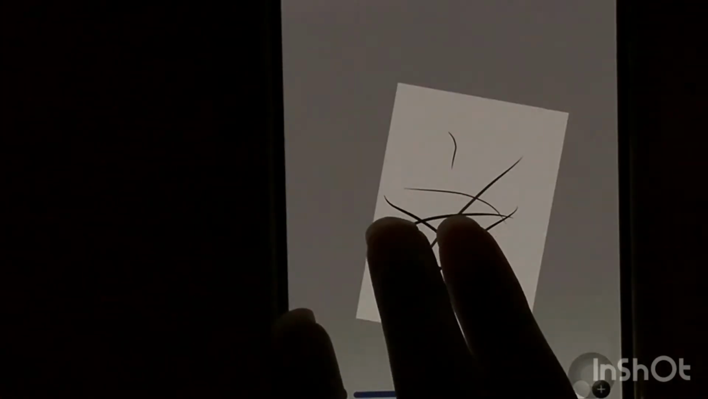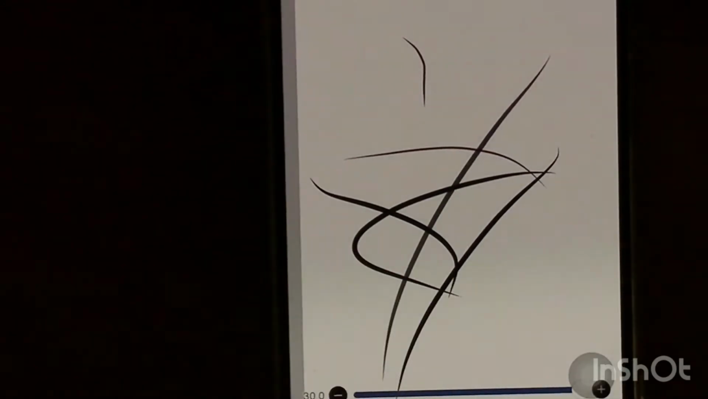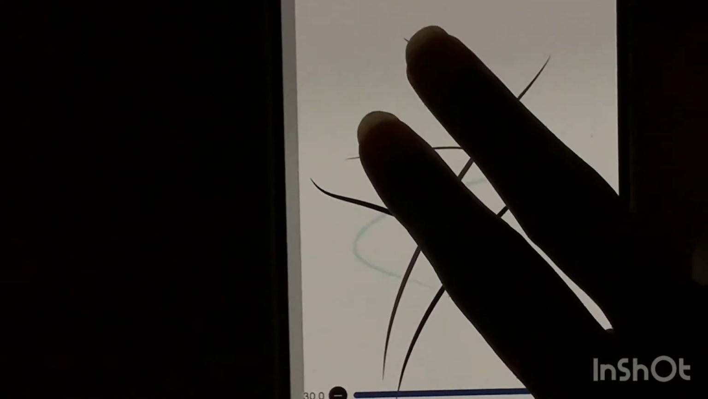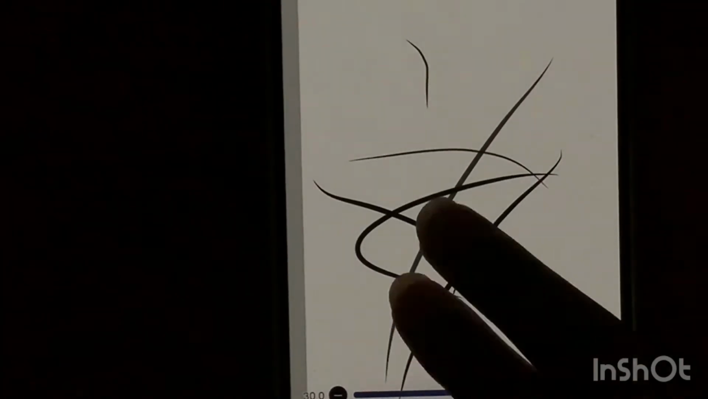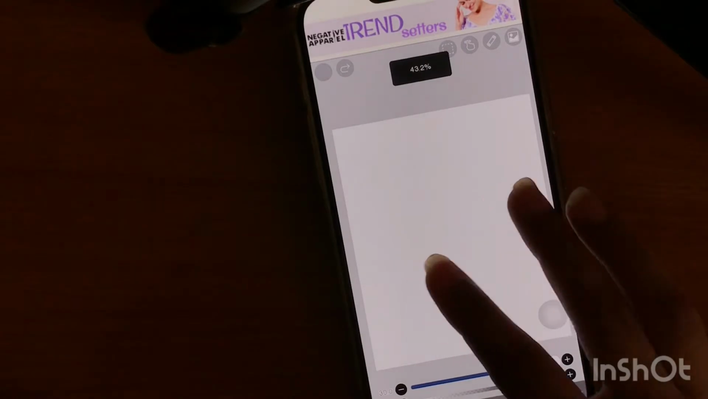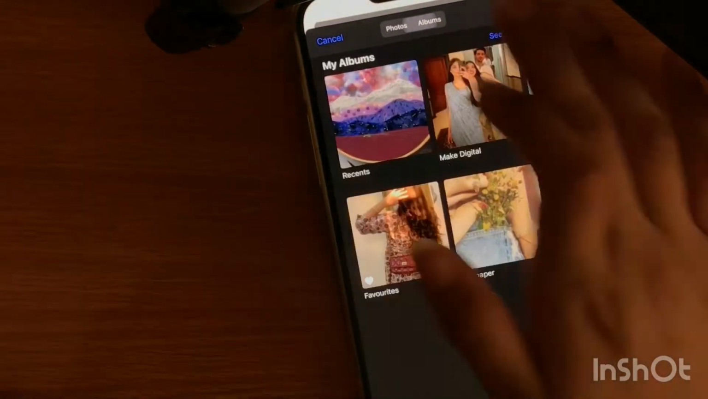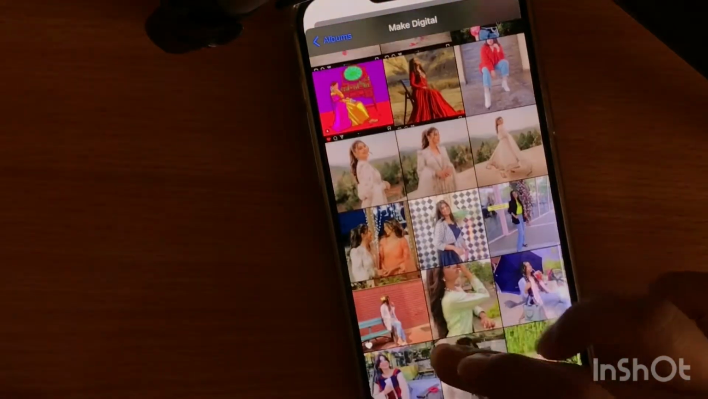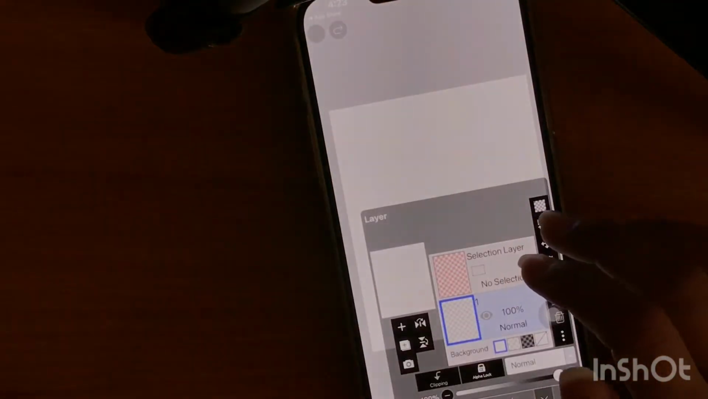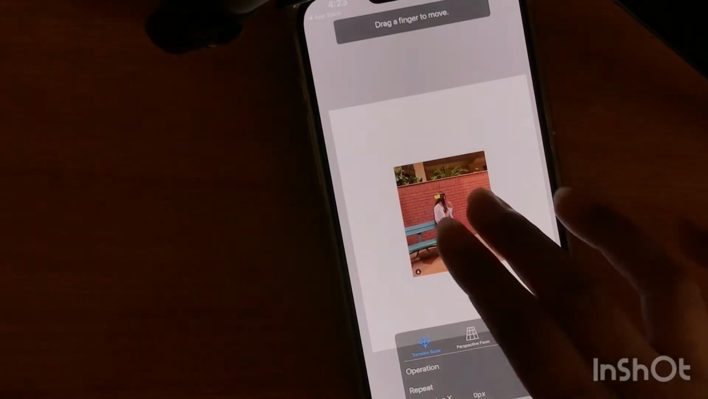You can increase or decrease the size of the canvas using two fingers to zoom in and zoom out. And another thing is that you can double tap to undo an action or a brush stroke, and triple tap to redo it. Now to import a picture you have to click on this icon from down there and a camera icon. Now move into selecting your picture and adjust its size as well,